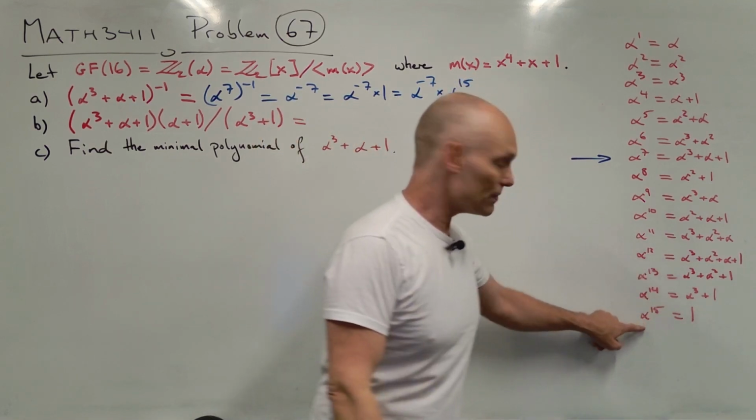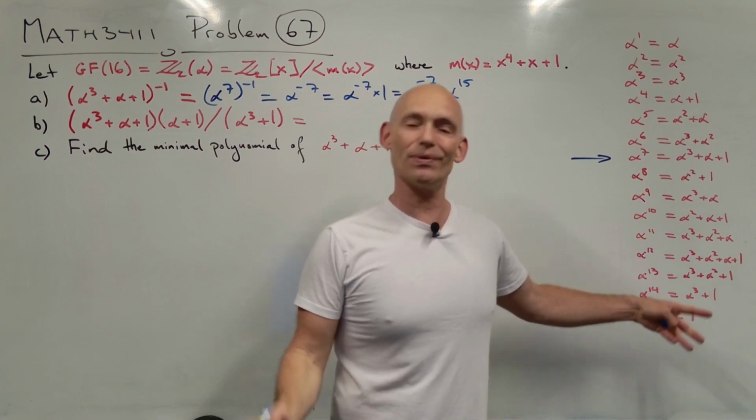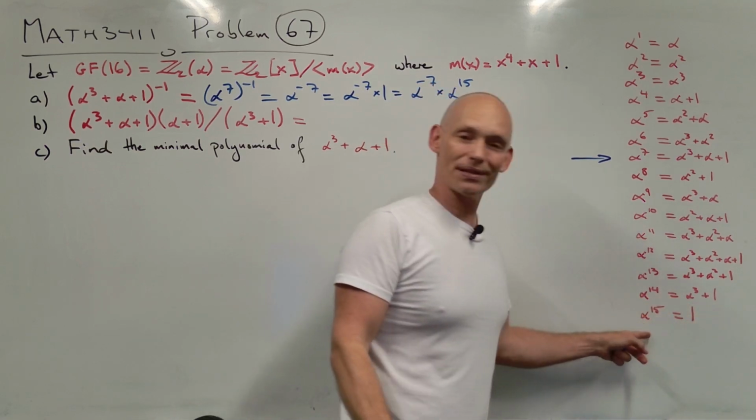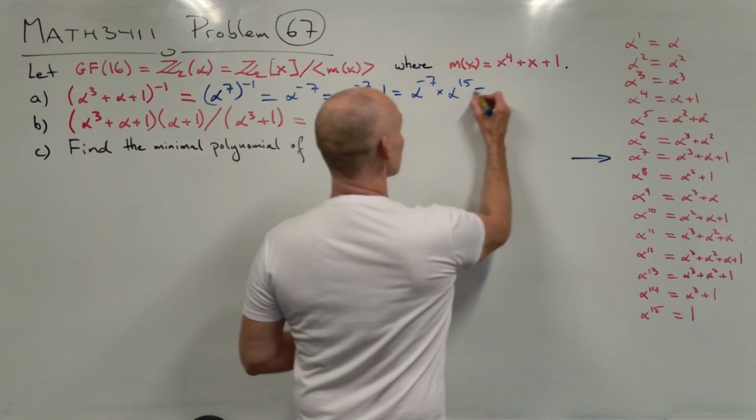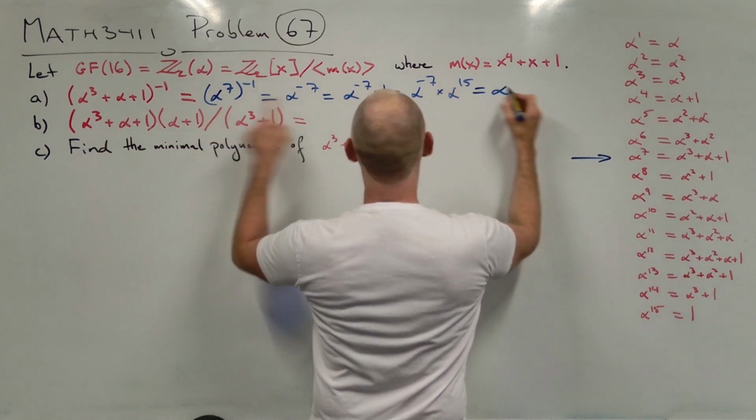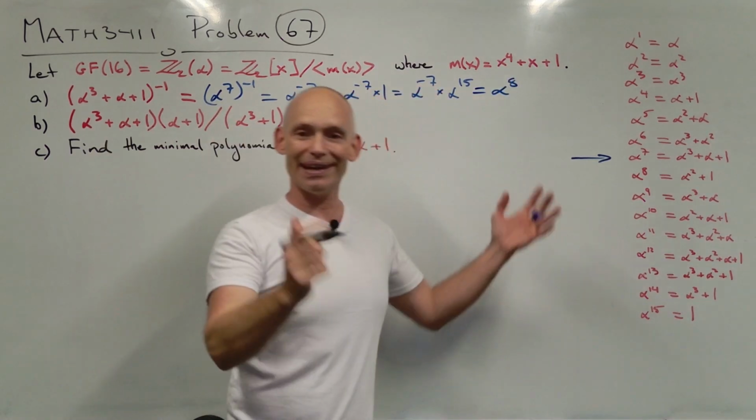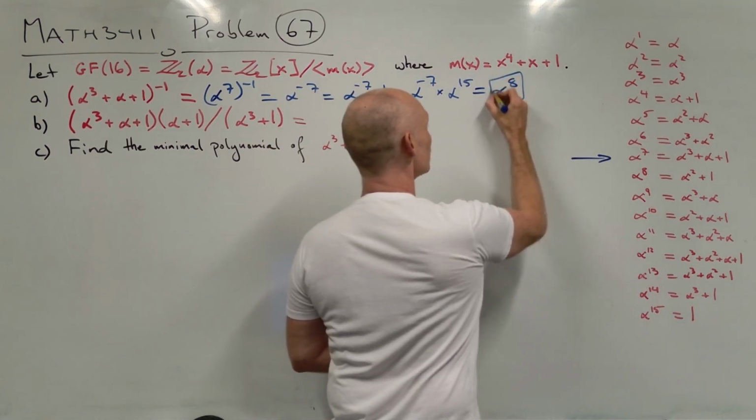Why? Well, because alpha to the power of 15 is exactly equal to 1. So we can express 1 as alpha to the power of 15. And that gives us all of this is equal to alpha to the power of 8. Yay! And there we have our solution,